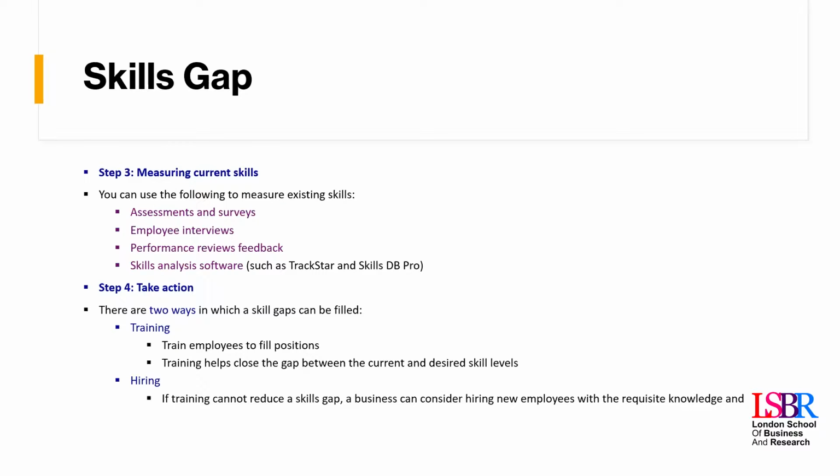Step four is then to take action. You can do that in two different ways. You might find that maybe your employees aren't actually all that bad. Maybe the skills are halfway there, they're 50% there. What can you do to build that skill, get it better? So that's training. You want to train employees to fill those roles, to close the gap between the current skills and the desired skills. Alternatively, you might decide it's not going to be worth our time to train everyone. We'll be better off just hiring a new team, a new group of employees who can deliver that job.